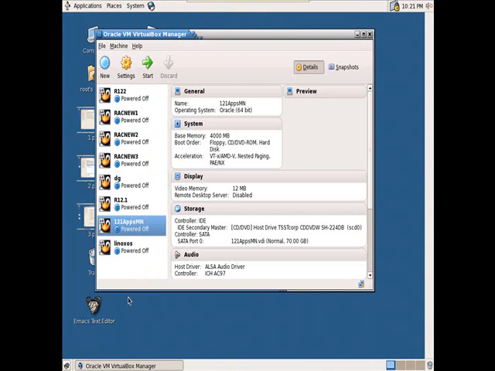I have already created these many machines. See, all these machines are powered off. At the time of creating, suppose we assigned 4 GB RAM to one; when that virtual machine is up and running, that 4 GB RAM will be used. But all these virtual machines are closed now. I want to create one more virtual machine. How can you create it? Click on New.